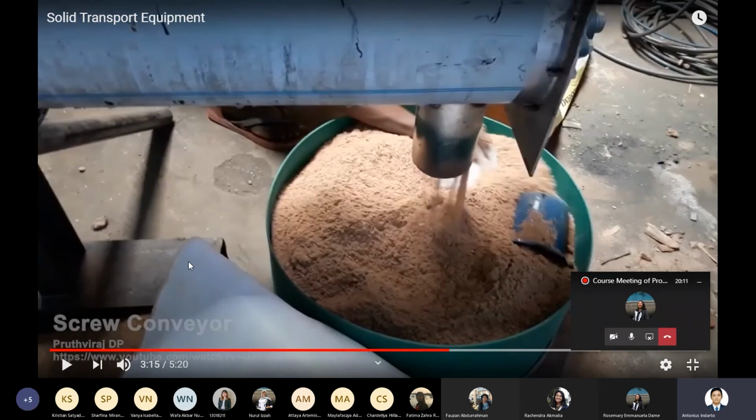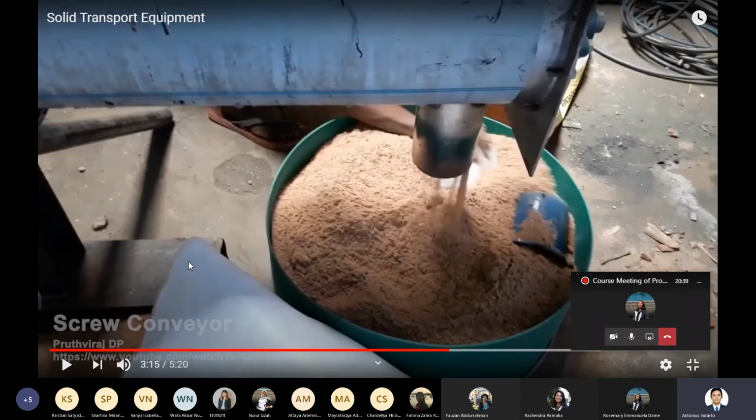Sometimes we use this screw conveyor to help break the agglomeration into smaller particles. And usually when we buy or sell something related to solid particles, it is much better to have smaller segregated ones.